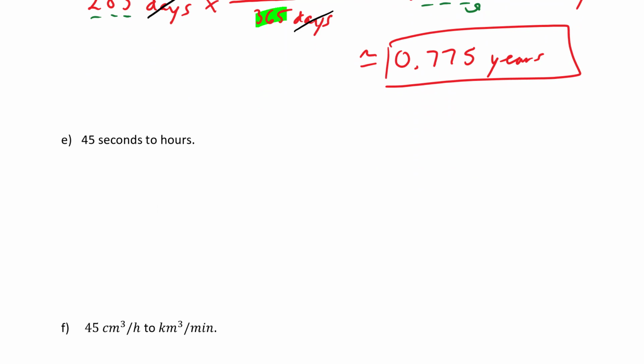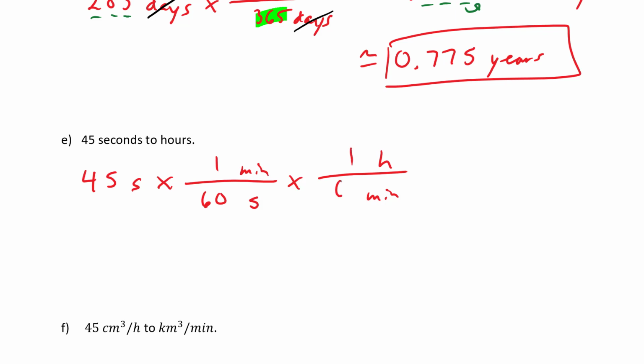Next up, we have seconds to hours. We'll go from seconds to minutes. Then we'll go from minutes to hours. 1 minute is 60 seconds, and 1 hour is 60 minutes. Cancel units. I'm left with hours. 45 divided by 60 divided by 60, I get